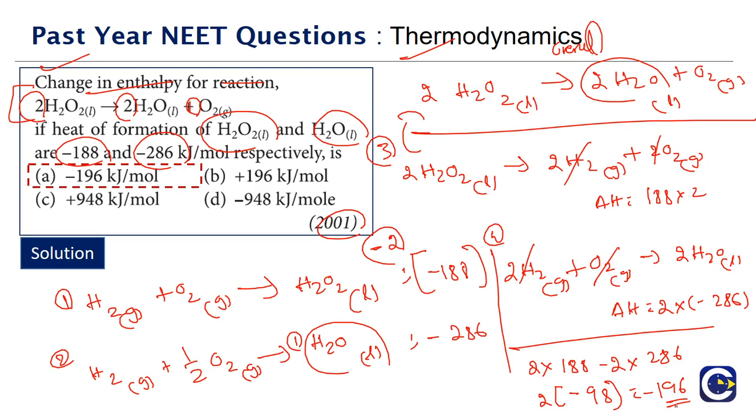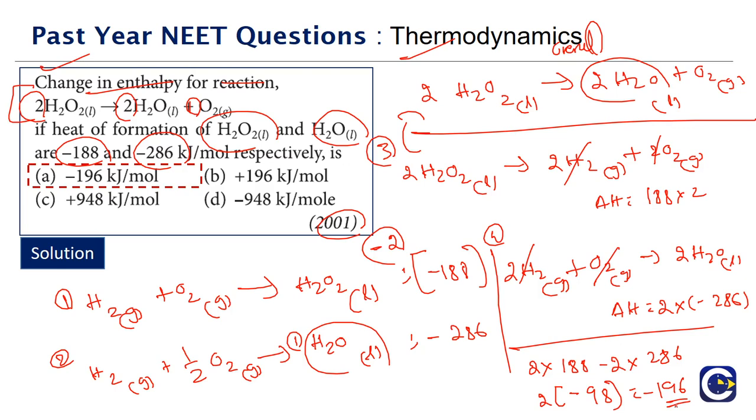Okay, so this is a question based on the Hess law. So in Hess law, we must always see how we have to get the final equation by making a combination of the given equations. Making a combination means what? We have to keep looking at what are the substances in the overall equation and where the substance is present in the given equations. Then based on where it is appearing, whether it is on the reactant side or product side, and how many moles of it is present, we will get an idea to modify the given equation.